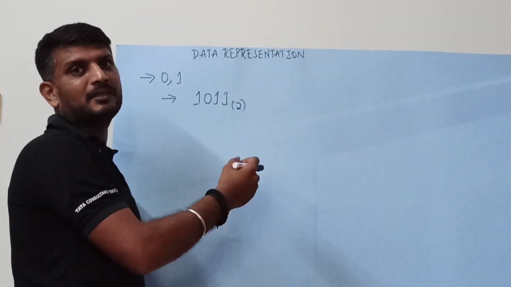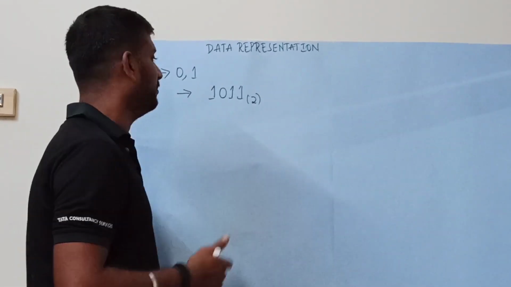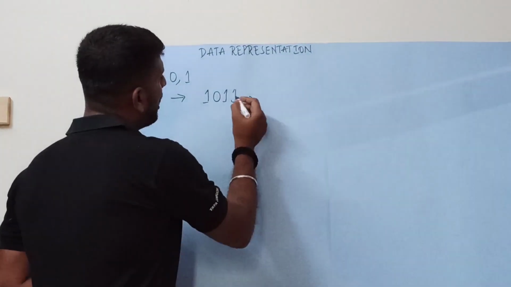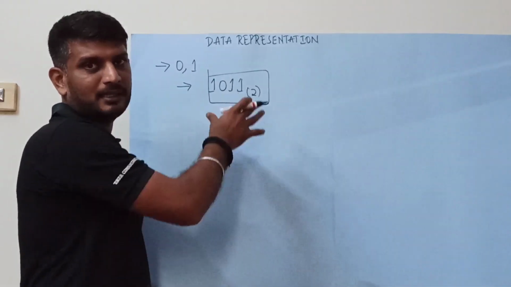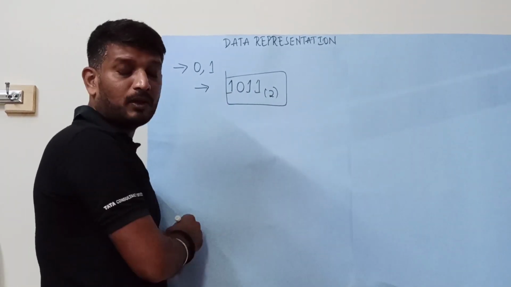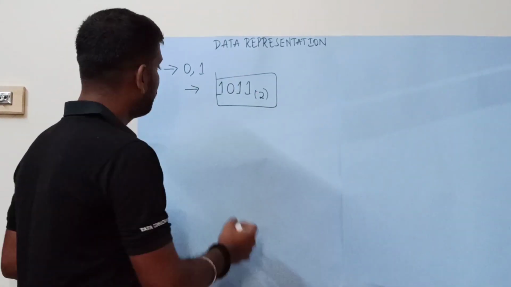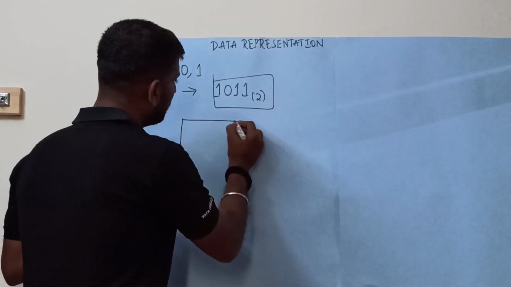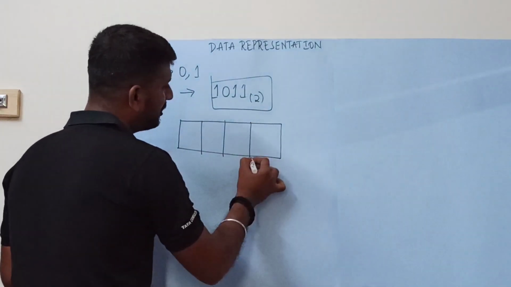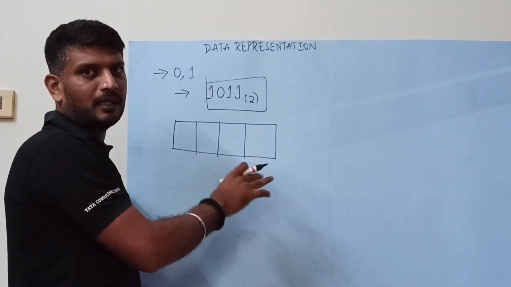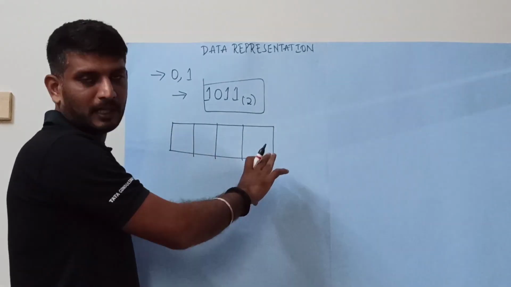The base represents what kind of number it is, whether it is binary or decimal, octal or hexadecimal. Now I have this particular number 1011 to the base 2, that is, it is in binary format. What I have to do is convert this number into a decimal number. For your idea I will show you the steps. For one or two problems you follow this particular method. Later on, as the syllabus progresses, you can continue without using this.